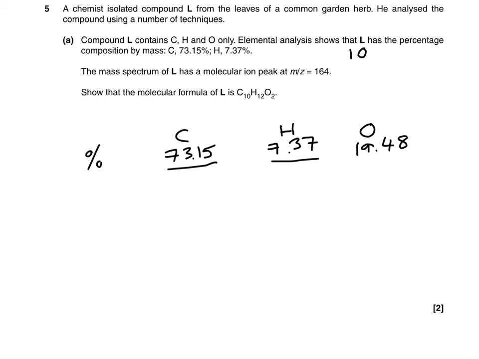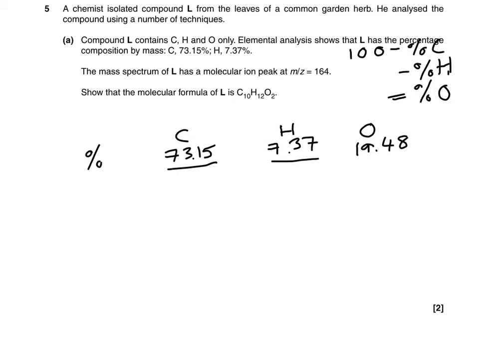So to work that out, I did 100 minus the percentage of carbon minus the percentage of hydrogen. That gives me the percentage of oxygen, which is 19.48%. Do we get a mark for that? No, you don't get a mark for that. Okay,